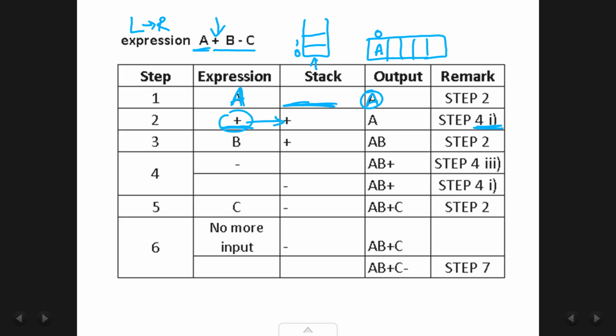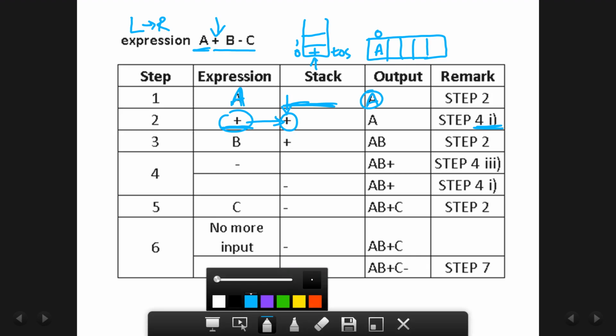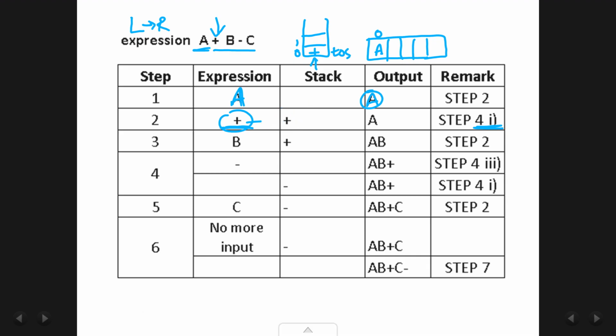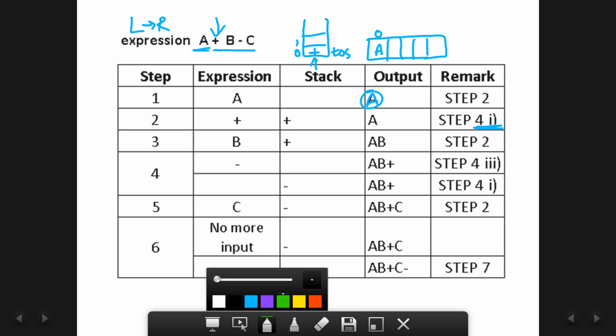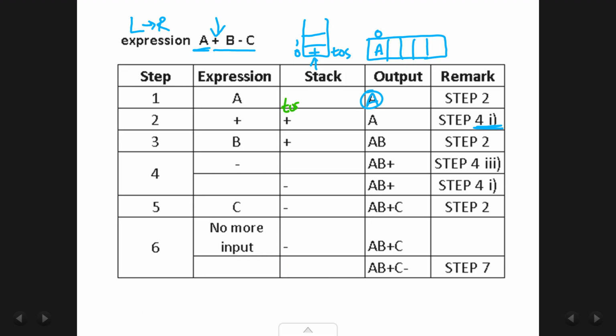So we push plus onto the stack. Plus is now top of the stack, like it is shown here. Let me just write it here. Plus has got pushed onto the stack, and now this is your top of the stack, like shown in this diagram here.